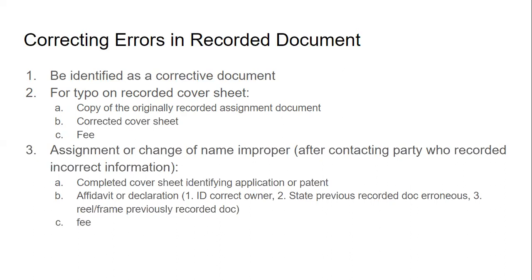So that is actually all I have for recorded documents and ownership and assignment. So I think that a lot more comes up as you read other parts of the MPEP as far as what assignees can and cannot do, but I think these are all just really basics for what that looks like